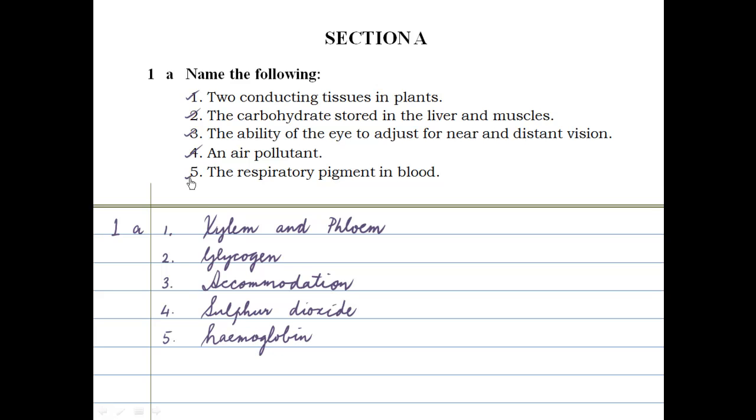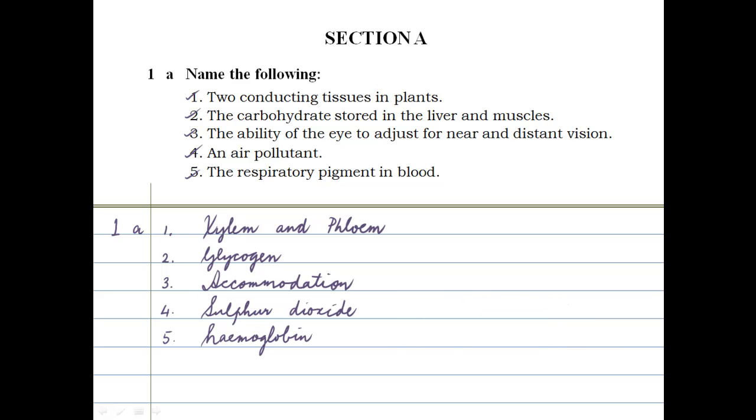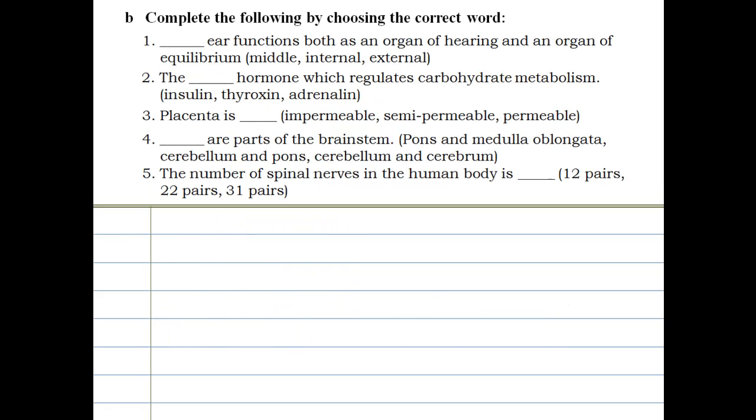Now, coming back to this air pollutant, we discussed 4 or 5 air pollutants that are there, different gases. But do not put down multiple options and expect the examiner to choose one for you. You put down the one that you are most sure about. So we are done with this. Moving on now to the next one,